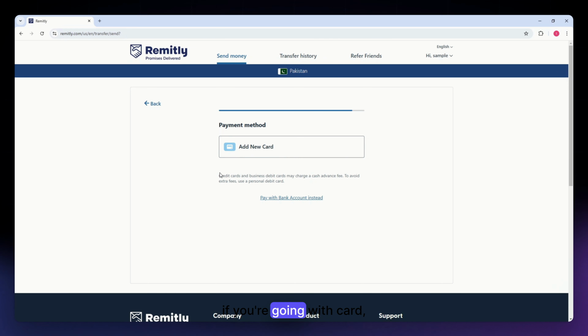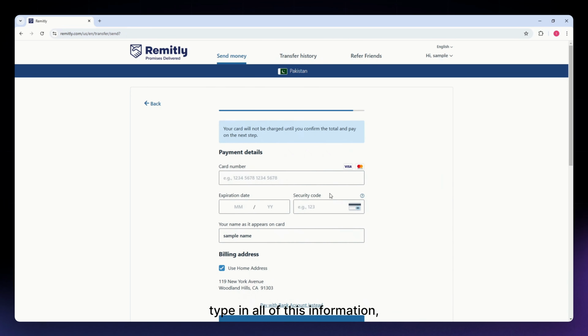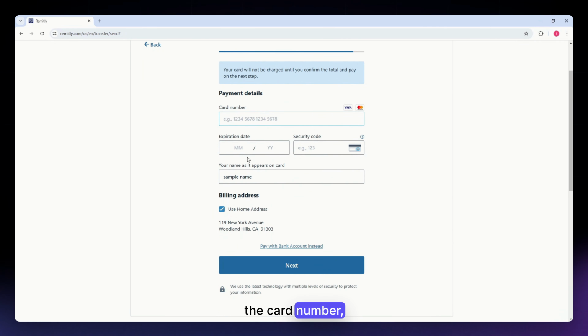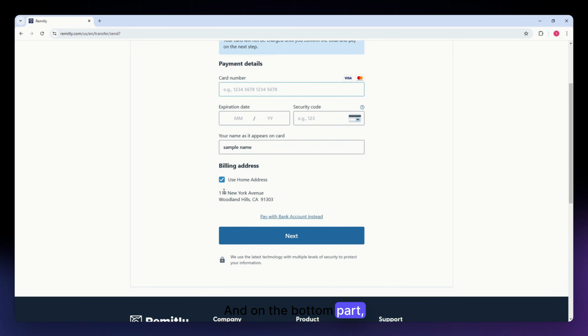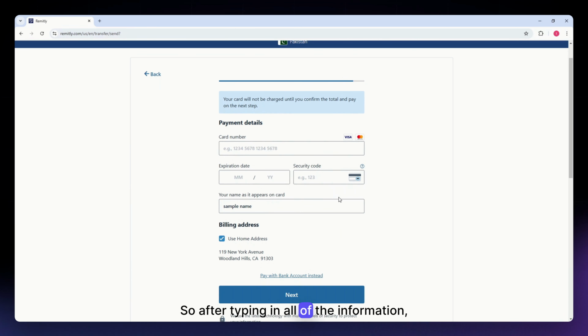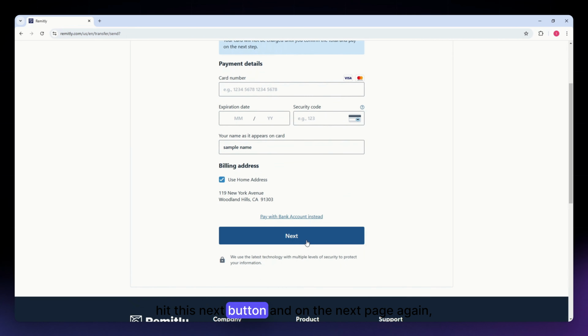If you're going with card, just hit this add new card, and then you'll need to type in all of this information: the card number, expiration date, security code, and your name as it appears on the card. And on the bottom part, just double check the billing address. So after typing in all of the information, hit this next button, and on the next page, again, review all